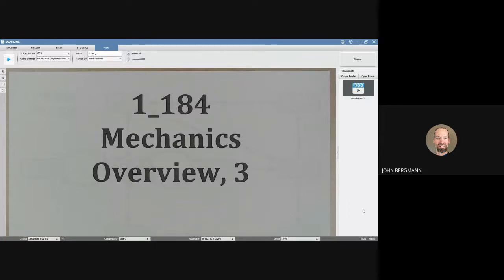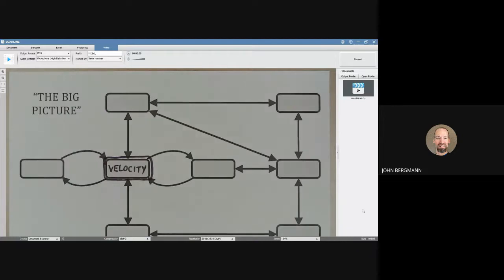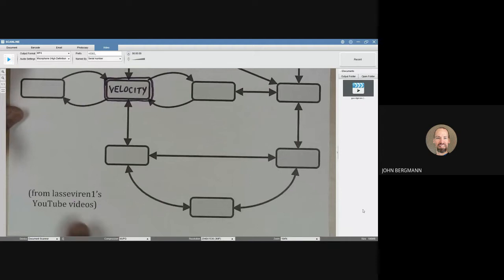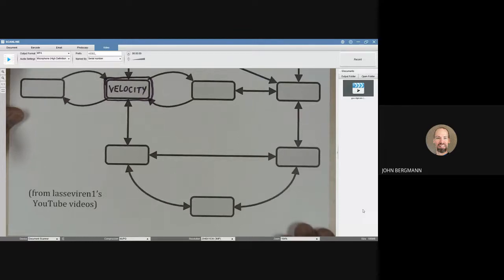This is our last video on an overview of mechanics. And what we're going to do in this video is go through what has been called the big picture. We owe a debt of gratitude to the YouTube videos right here, Lasavirin 1, down here in the lower left corner of the screen. Much of what is going into these videos has its foundations in what we find on these videos, including this